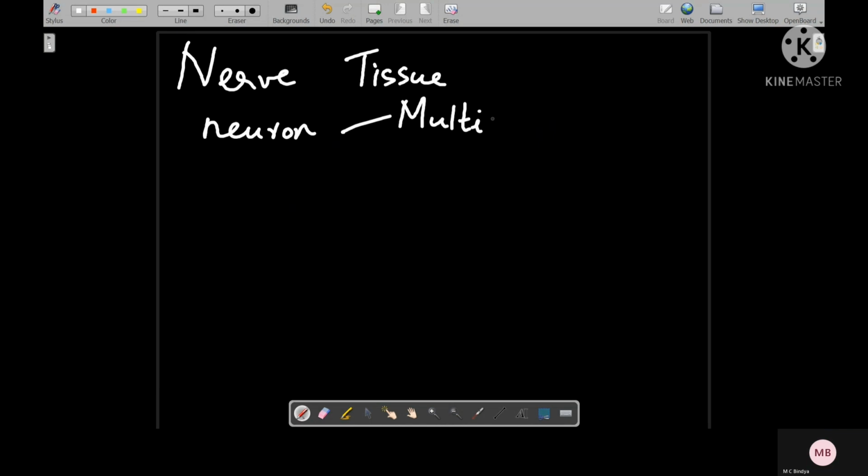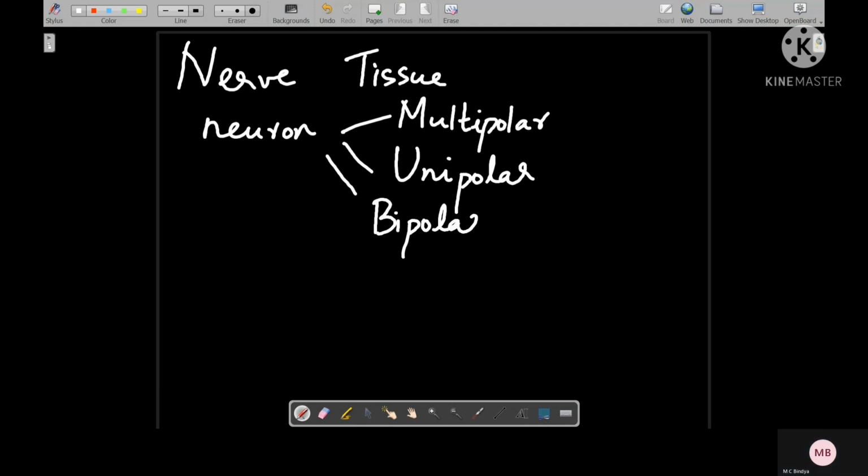Multipolar, they can be unipolar, or they can be bipolar. Now, if they are multipolar neurons, they will have the cell body,